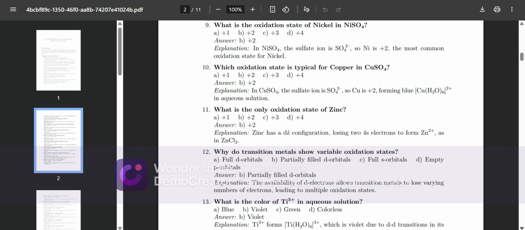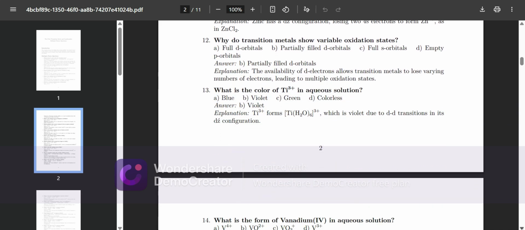Cu(H2O)6 2+ in aqueous solution. What is the only oxidation state of zinc? +2. Zinc has a d10 configuration, losing 2 4s electrons to form Zn2+, as in ZnCl2. Why do transition metals show variable oxidation states? Partially filled d orbitals. The availability of d electrons allows transition metals to lose varying numbers of electrons, leading to